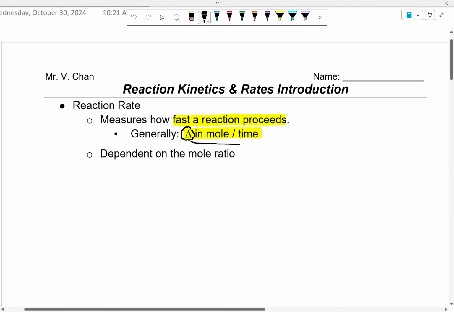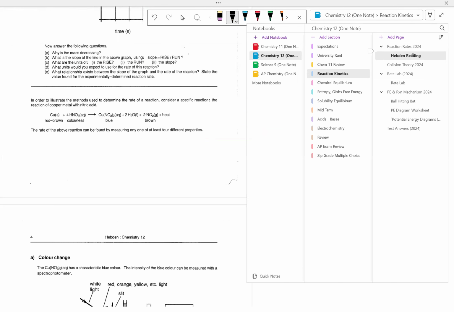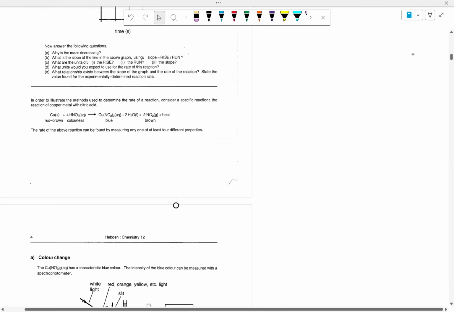You folks have probably been exposed to this back in Chemistry 11, when we talked about endothermic and exothermic reactions. Remember, we had talked about delta H being a positive value, and delta H being a negative value. Generally in chemistry, we focus on the change in moles, but there are other ways to measure the rate of a reaction. In your Hebden text, if you take a look on page number 3,